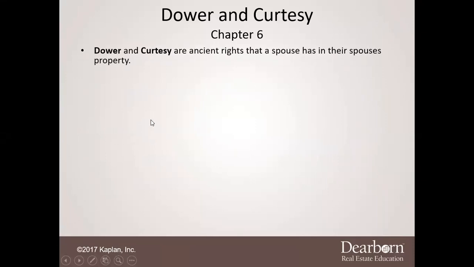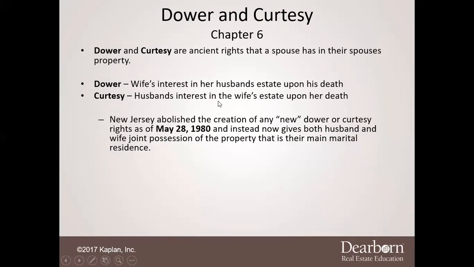Dower and courtesy. Dower, once again, is that ancient right in New Jersey that was abolished. New Jersey abolished the creation of any new dower or courtesy rights. But these are the ancient rights that a spouse has in their spouse's property. Dower is the wife's interest in the husband's property upon his death. Courtesy is a similar right that the husband has in the wife's property upon her death. And New Jersey abolished the creation of any new dower or courtesy rights as of May 28, 1980, a date